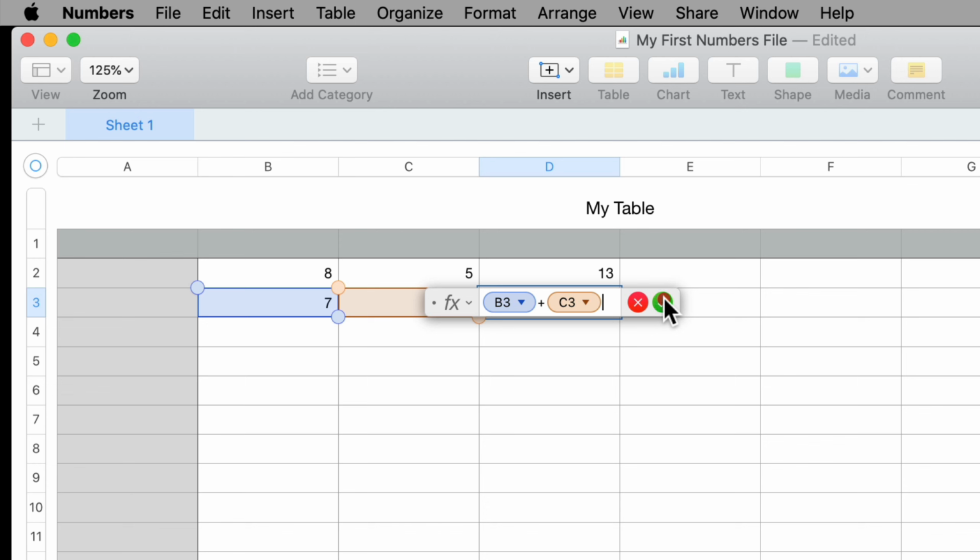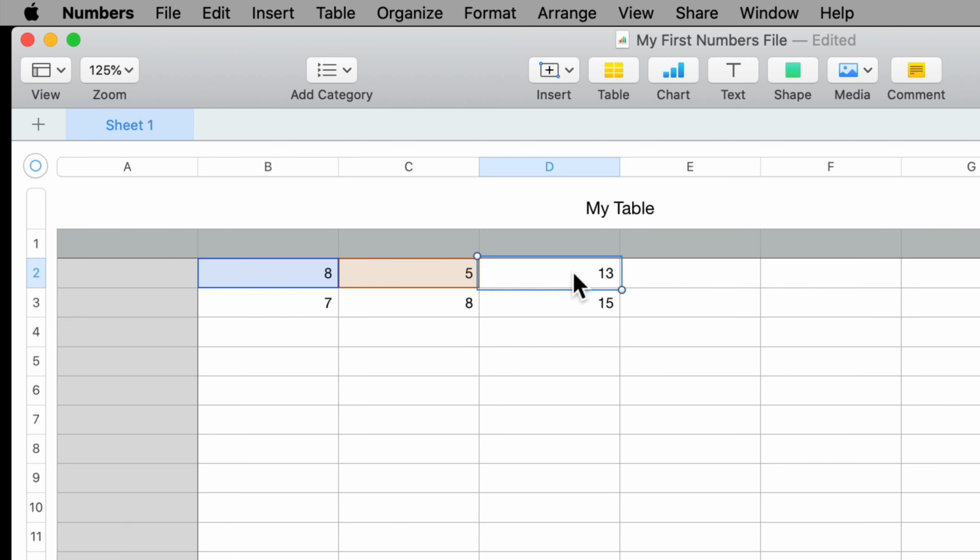B3 plus C3. So when I copied this formula here, which said B2 plus C2, and I pasted it one row down, it changed the formula to, instead of being B2 plus C2, B3 plus C3. It knew I was pasting it one row down from its original position, so it increased the rows for those calculations. So I could continue to do that here and say